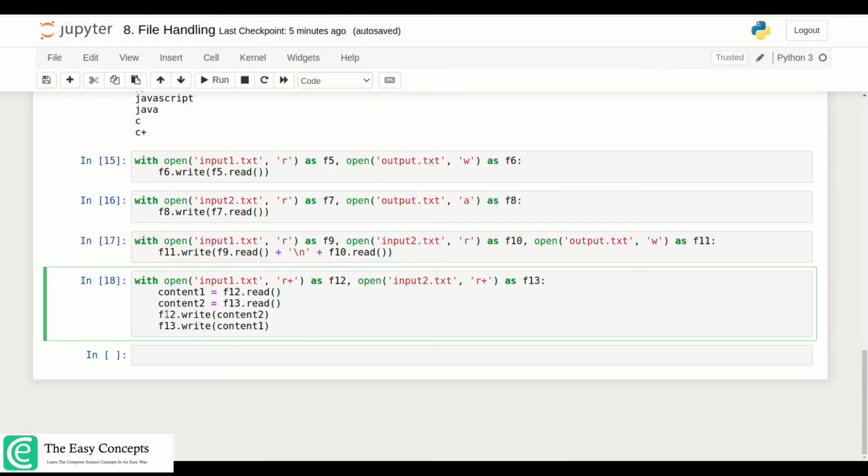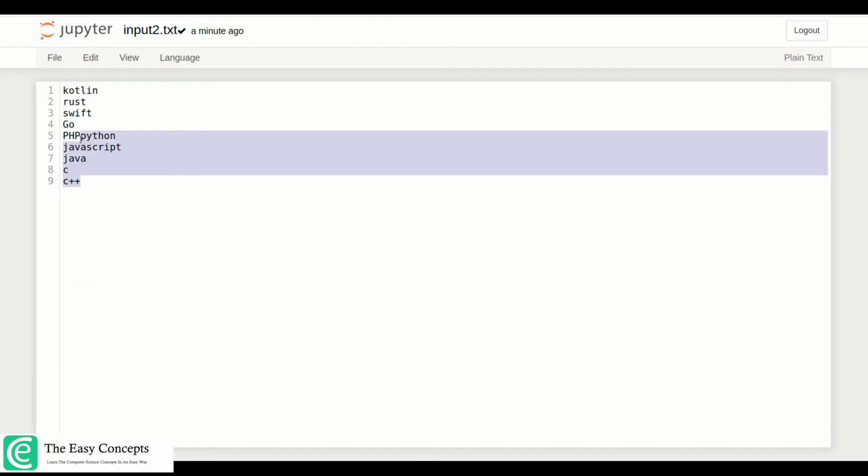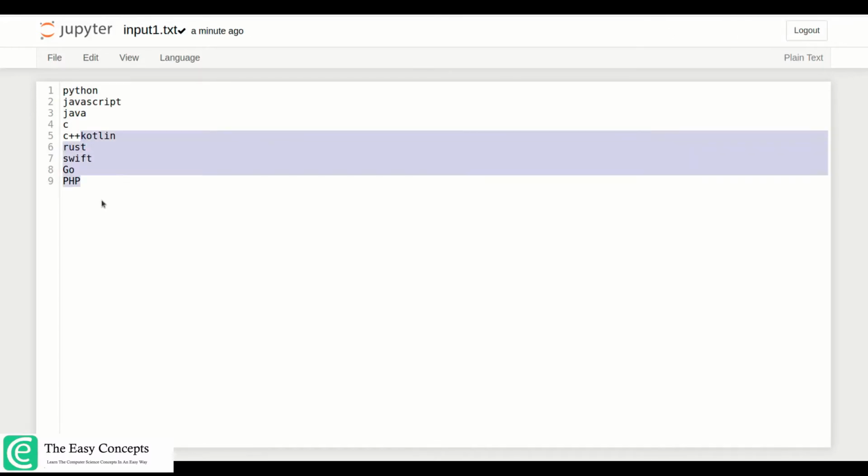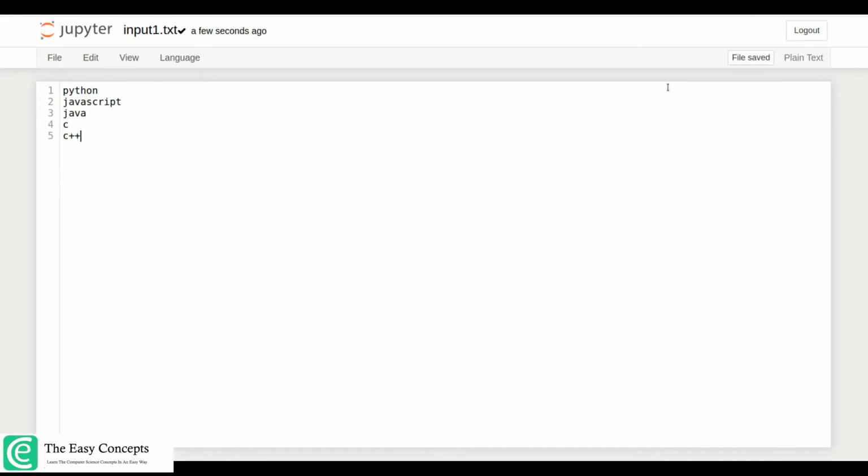So let's make changes again. Remove the content. Input2 is updated and input1 is updated. So what is our task now? We have to move that pointer to the first place again here, right? So once it is done, it will start writing from this place.